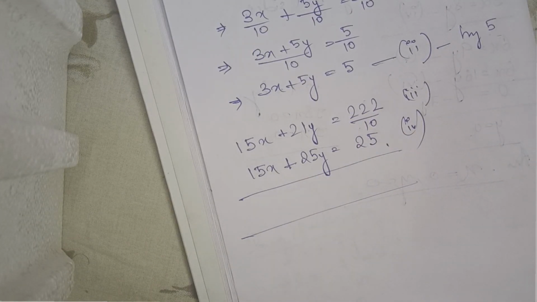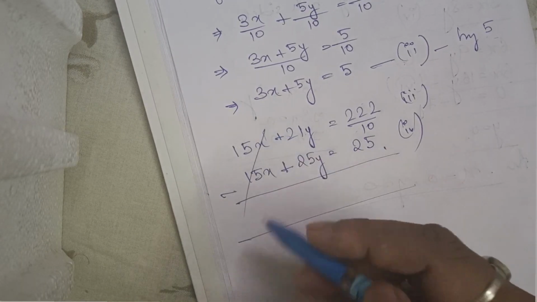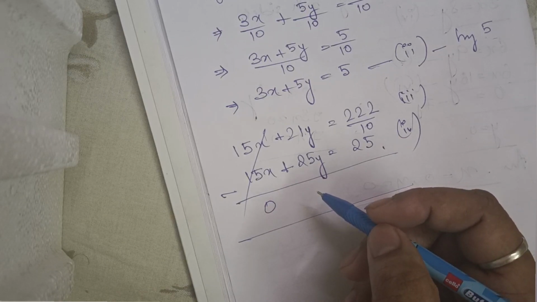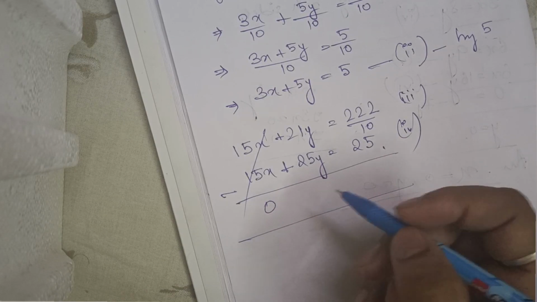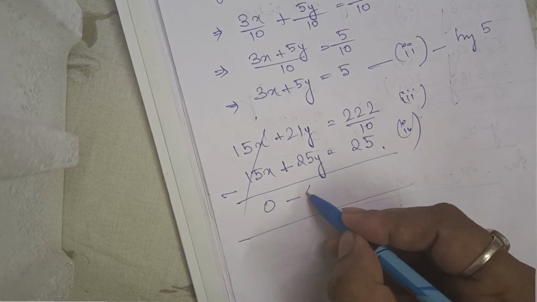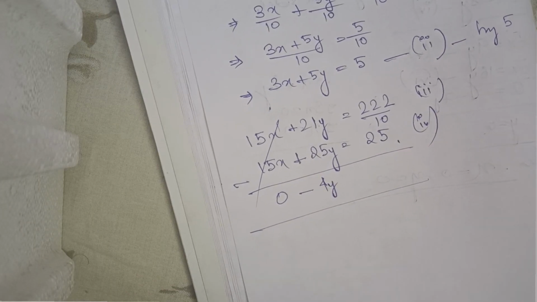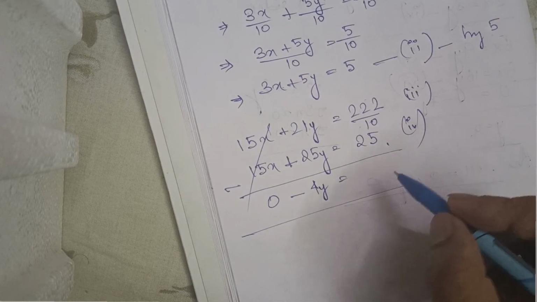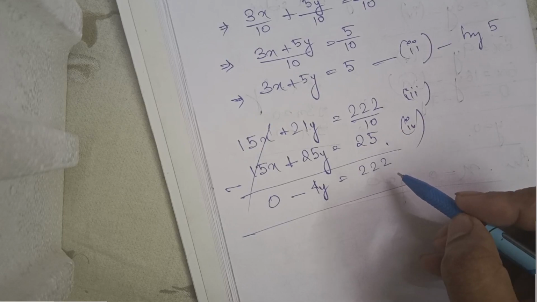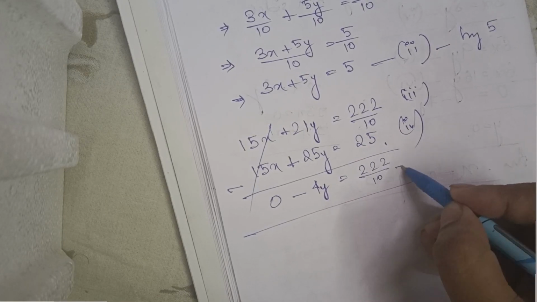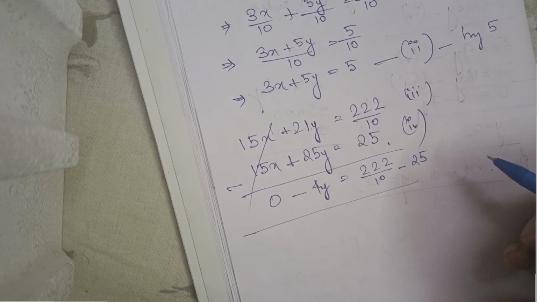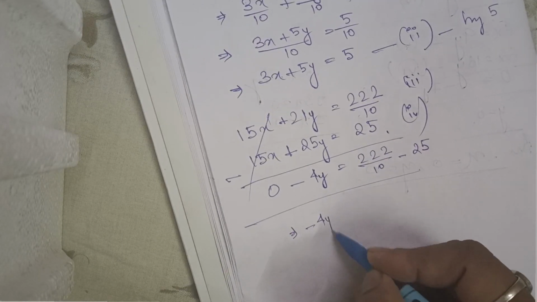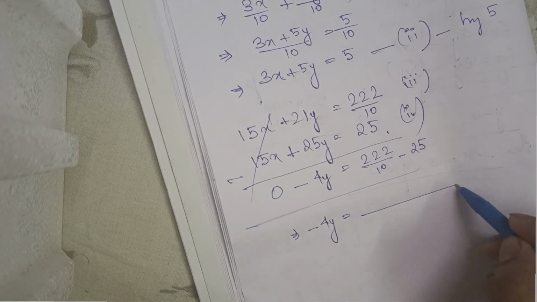Now subtracting equation 4 from 3 we get 0, and 21y minus 25y is minus 4y equals 222 by 10 minus 25. Okay, now we'll reduce it. Minus 4y equals